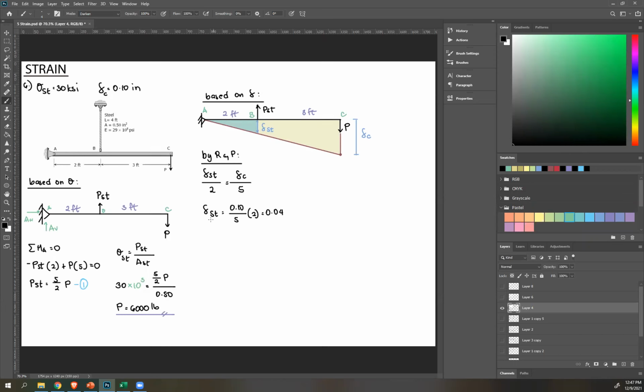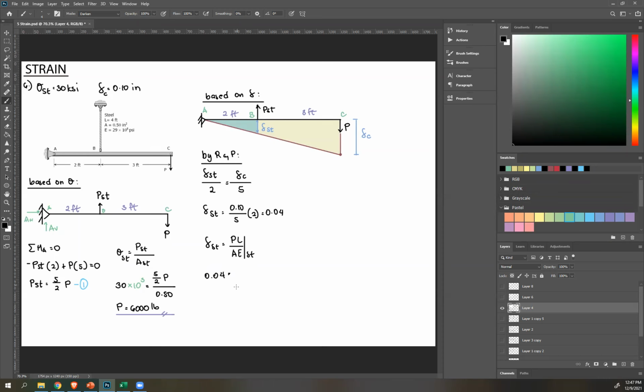Well, you care about that because steel is actually a material. So that means I can use the equation PL over AE. Okay? So you can't use PL over AE at point C because again, that's not a material, that's just a point. Okay? But now that I have a value for deformation of steel, I can use PL over AE of steel. Okay, so 0.04